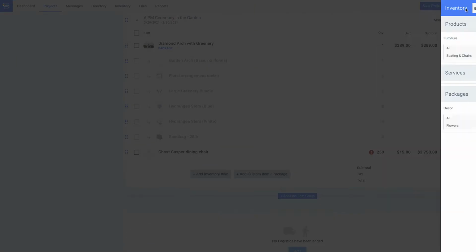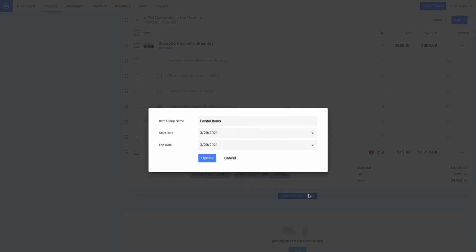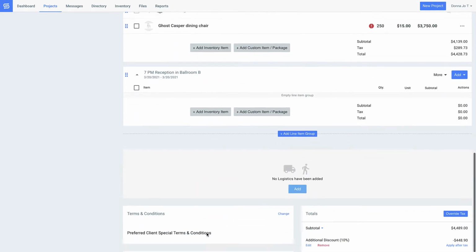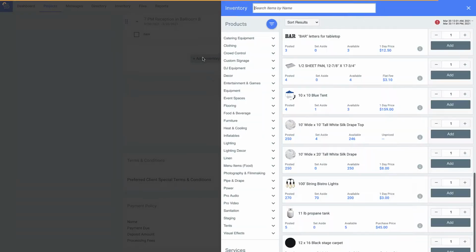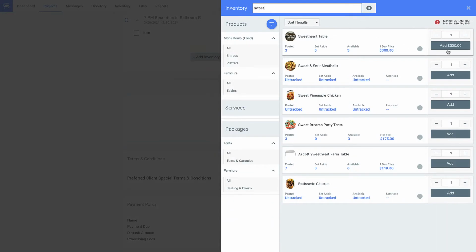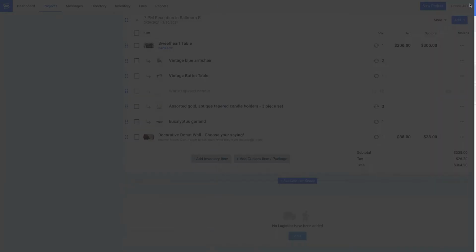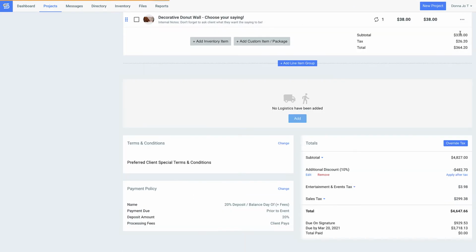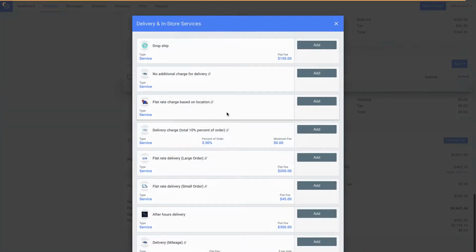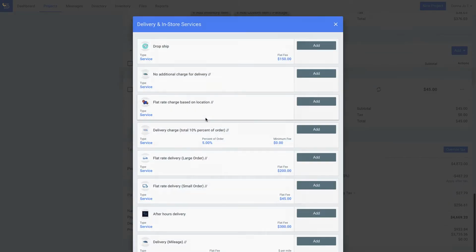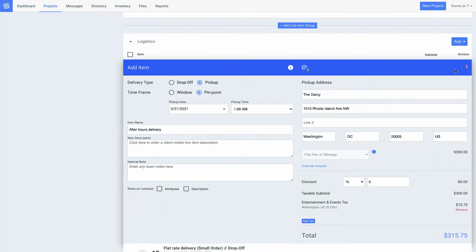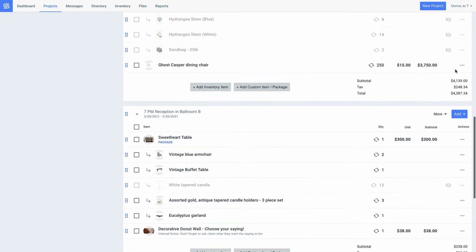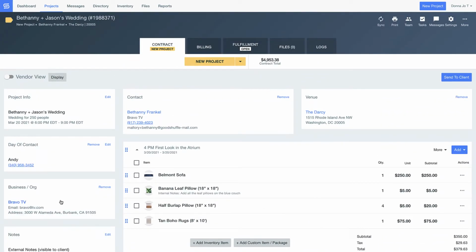Our users tell us they save about a day's worth of work per week on the proposal building side alone, and it's easy to see why. All your details related to each individual event are right here. Good Shuffle Pro is super intuitive, and the clean look and feel is more than just pretty to look at. This is what makes it crystal clear where you should click for each of our powerful features.